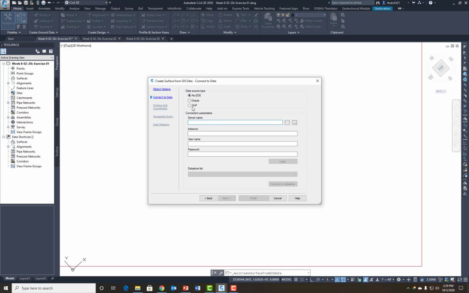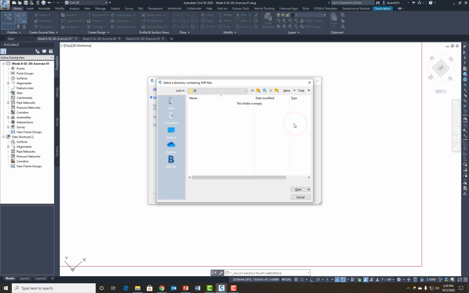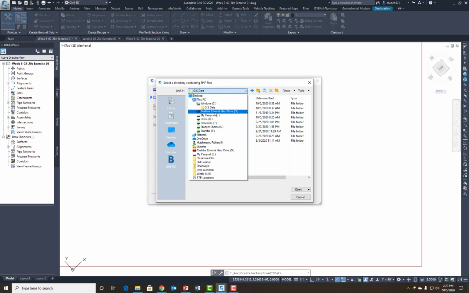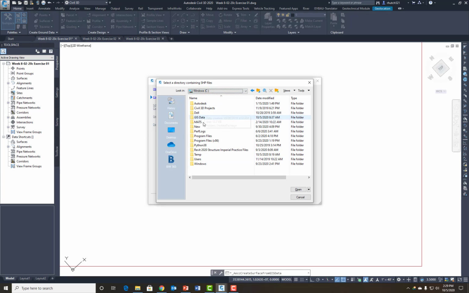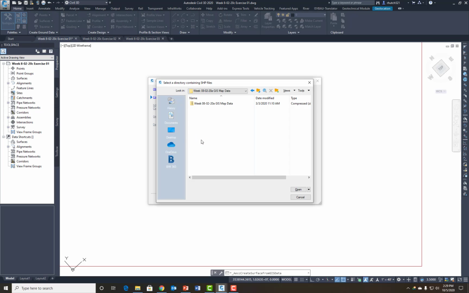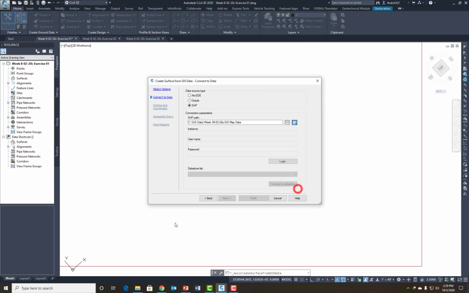Now we need to pick our file. Well, these are shape files that we're going to be accessing, so I'll pick that. And then right here, I could pick an individual tile if I only needed one, but I actually need a bunch. So I'm going to come in here and click the folder, and then I'm going to go find my data. And so if I go to GIS data, here's where I extracted that file. And that's my folder, so I'm going to hit open,